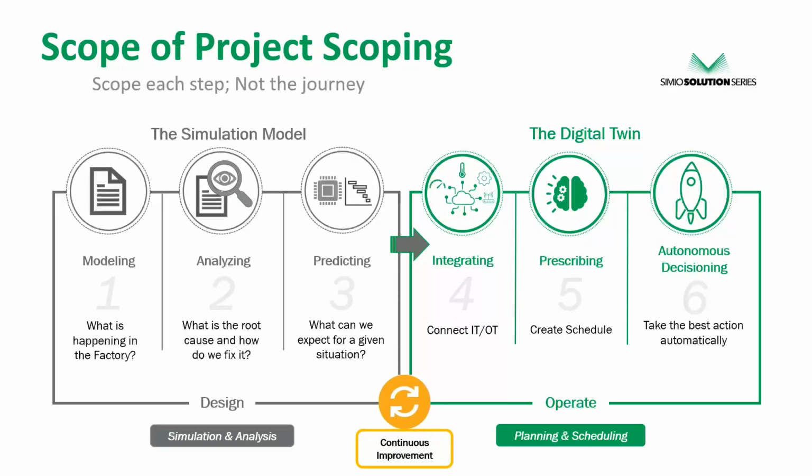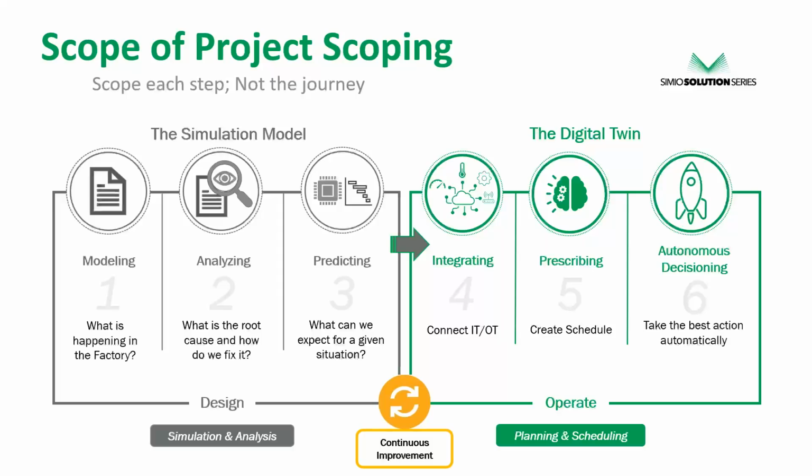So don't try to scope the digital twin right out of the gate unless that is your pure objective. But even within scoping a digital twin project, there are steps and milestones along the way that you can break the project down into